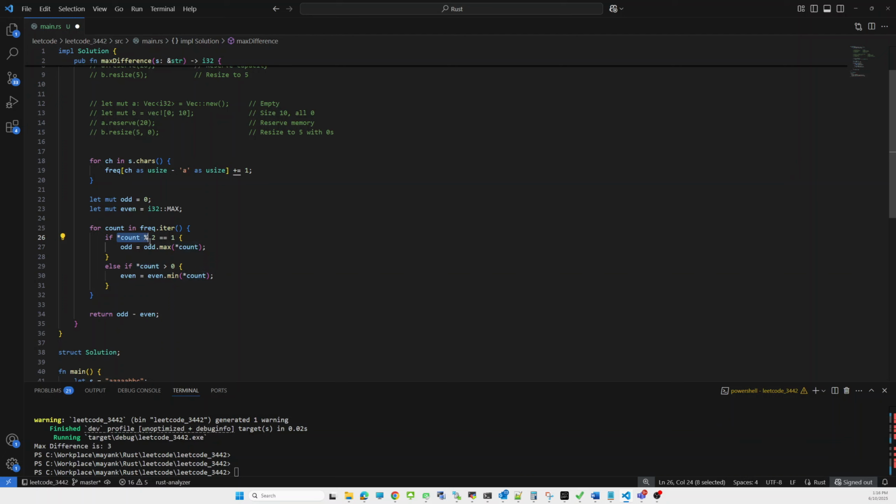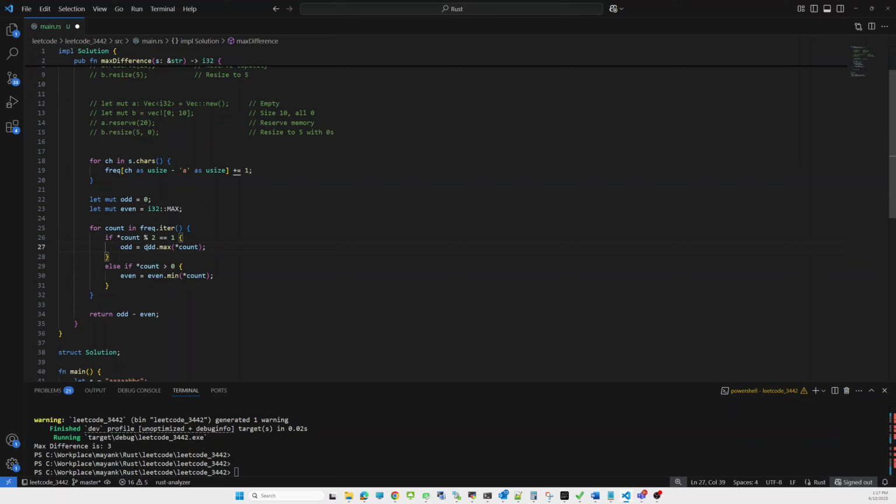Here I am checking if the frequency is odd, then update odd. In C++, we just call the max function and pass two values.